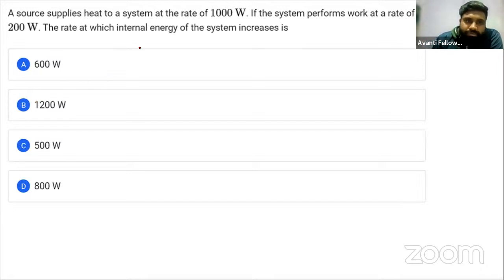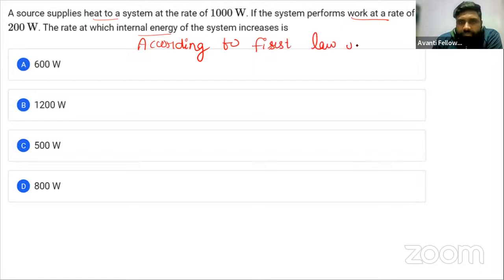This is a very simple question. What we are going to do is use the first law of thermodynamics, because where do you find these three quantities connected? Heat, work, and internal energy in the first law of thermodynamics. So according to the first law of thermodynamics,